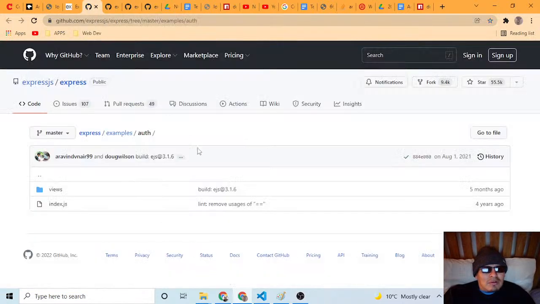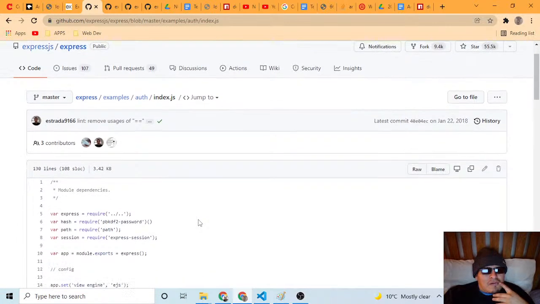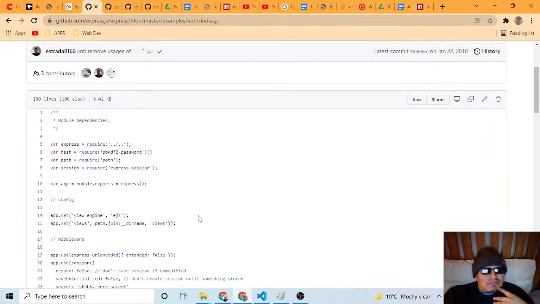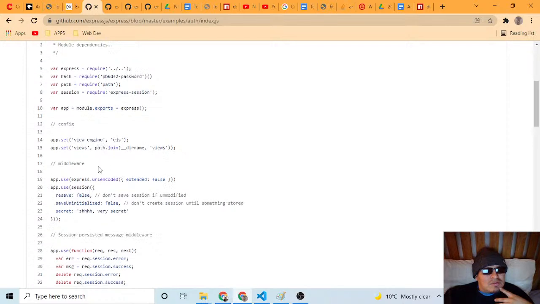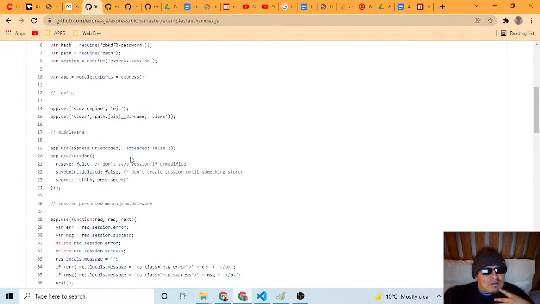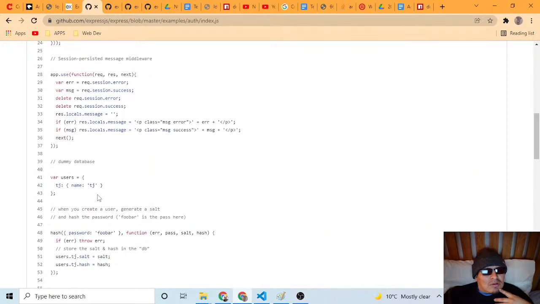Let me go for auth. No. Hash. Session, Express. Path. Hash. EJS. Okay, so we will use EJS at some point. Middleware. Your database.